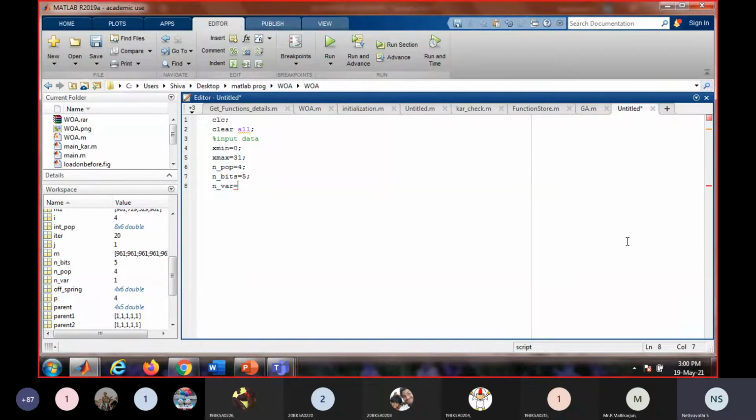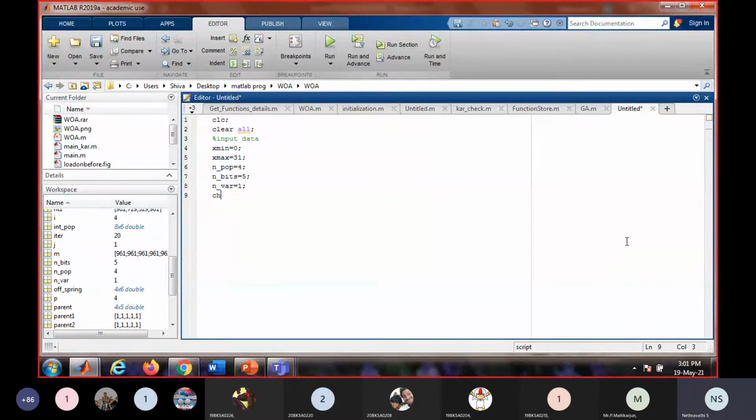How many x values are you finding? Do you have x1, x2, x3, x4 like that? No, how many x are there? Only one, x square. Only one x. So the number of variables is only one.